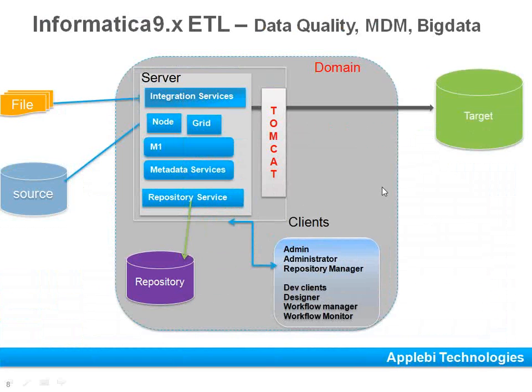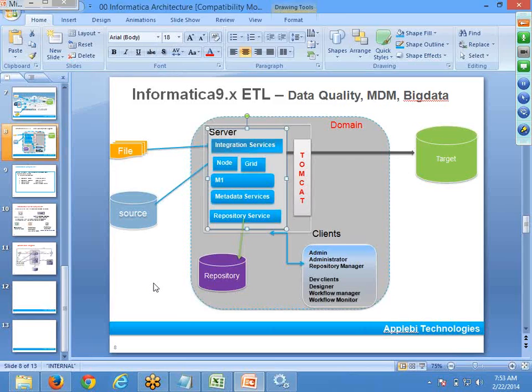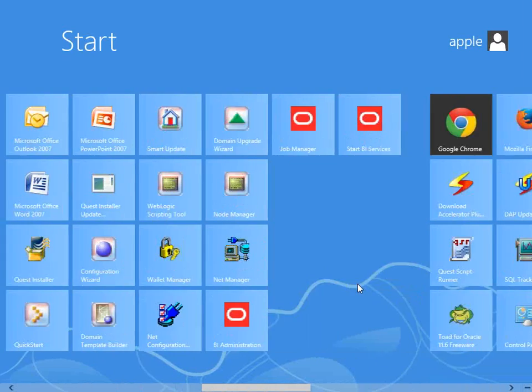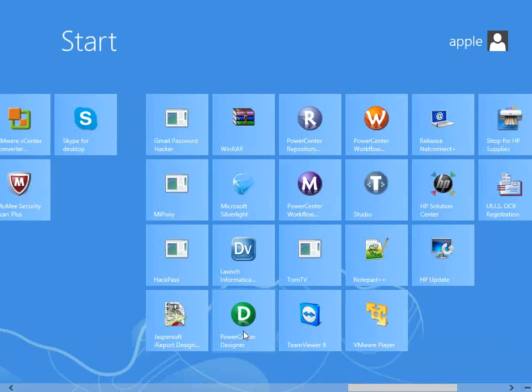So now, if you want to develop anything in Informatica, generally we'll be using this software, and after developing, where is any development you do going to be saved? It is going to be saved in one place called the repository. The repository is where your code will be saved. That's why every time you log into your components in order to develop anything, right now we have so many other tools, but I'm choosing one component called Power Center Designer.